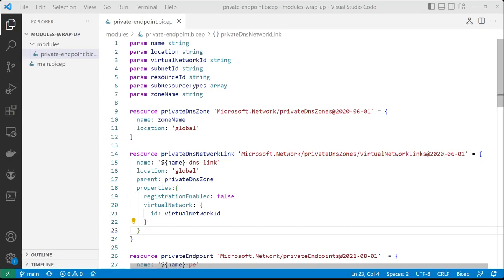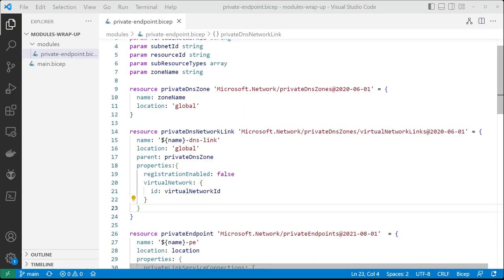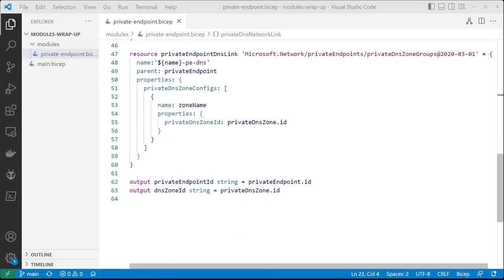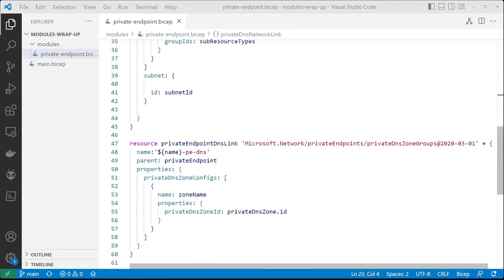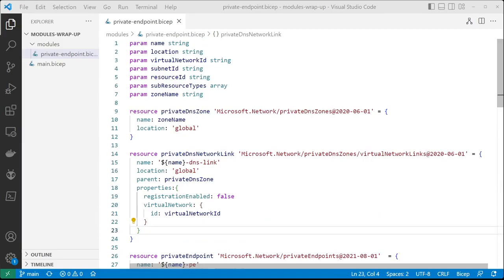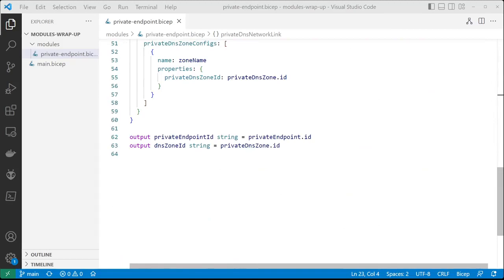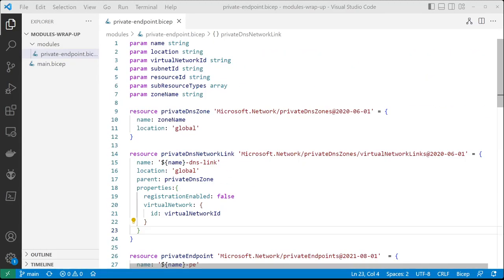Now you will notice that in VS Code here, this Bicep code is just plain old Bicep code. There is nothing in this file that is special about it being a module. Where some sort of special module code comes in is when we actually try and consume the module, and I'll show you that in a minute. But the code that is in this module file is just plain old Bicep that is just creating those resources. So we've got some parameters coming in, we've got some resources we're creating, and then we've got some outputs at the end. So you don't need to do anything special in terms of writing the code,